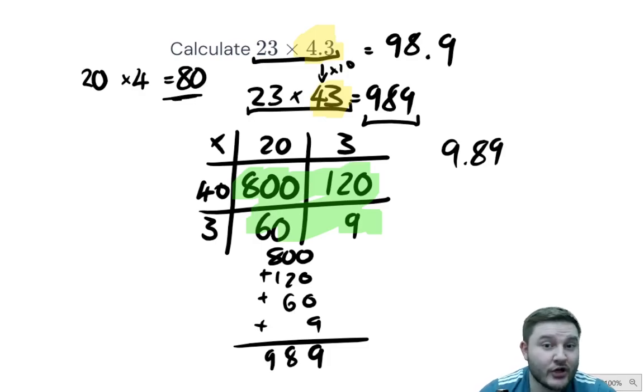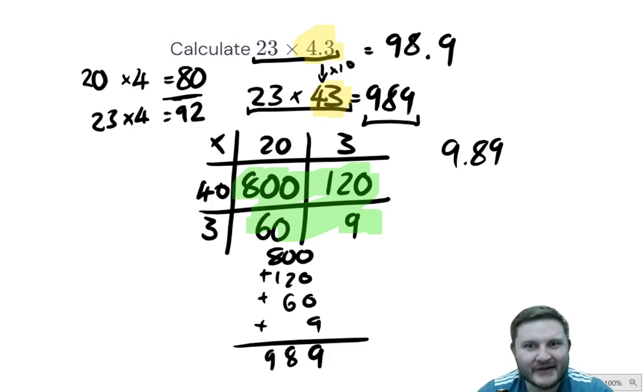And you could even get a more accurate estimation by using, instead of 20, just 23 times 4, which gives 92, which is far closer to the correct answer of 98.9. So an estimation will very quickly check whether the decimal point is in the wrong place. It's not going to be super accurate because that's the whole point of an estimation. It's supposed to be quick and easy to perform, but it will make sure